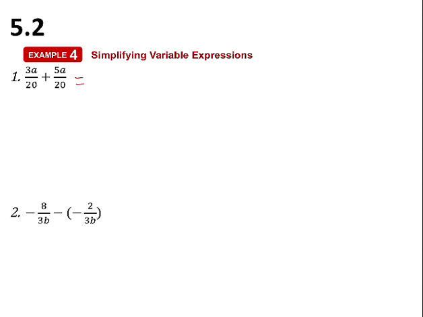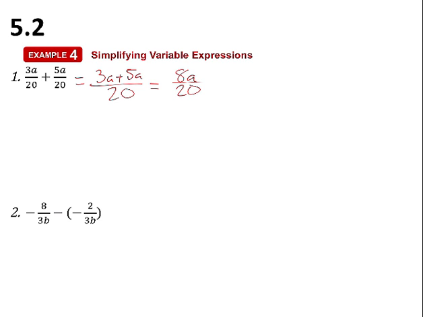Just like we did when we were working with only numbers, we can just add our numerators together. So we have 3a plus 5a, and we're going to divide that whole thing by 20. 3a plus 5a gives us a total of 8a's all over 20. Now we can reduce this just like we did last chapter as well, because we can divide both the top